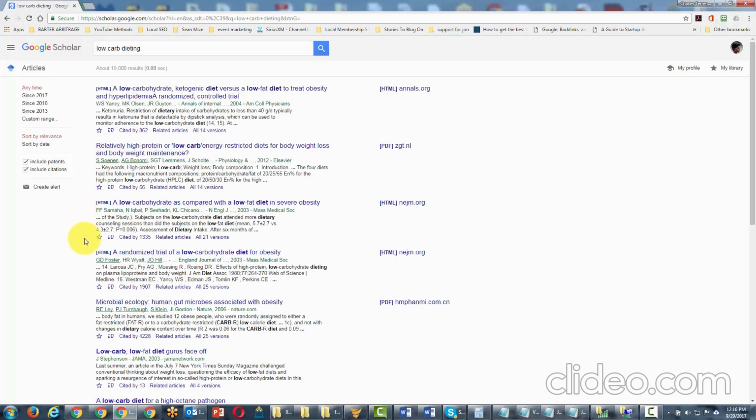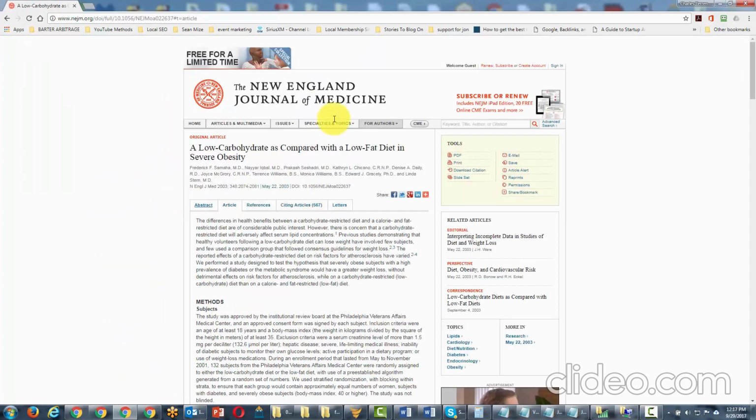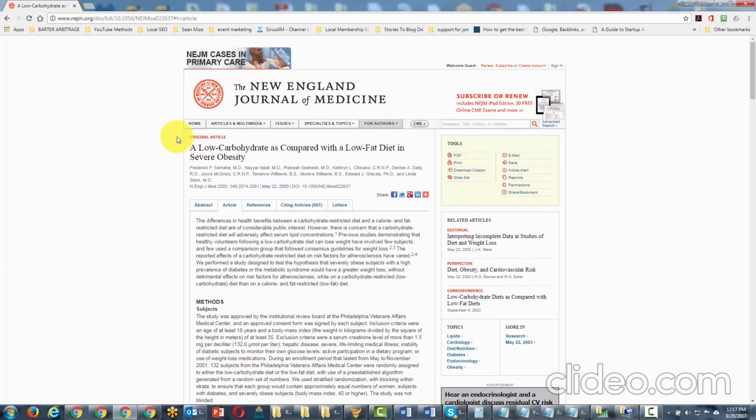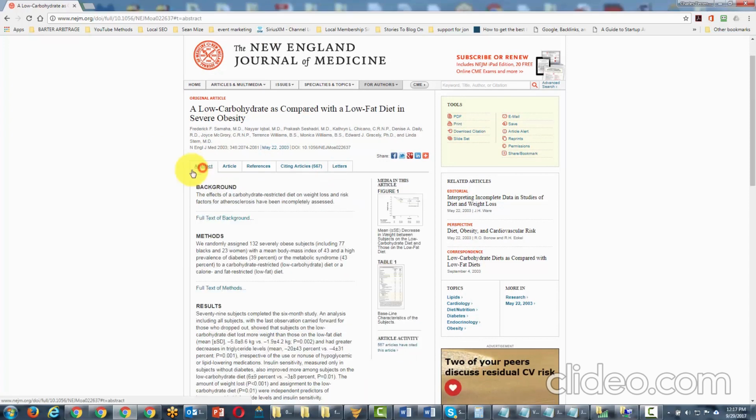Primarily, what you're going to get access to are academic and some professional studies. In some cases, you will not get the entire article. You may get access to some of the findings, and you may have to go beyond that or have a subscription to get the actual study. However, in most cases, you can look at the abstract, and the abstract will give you the basic and the